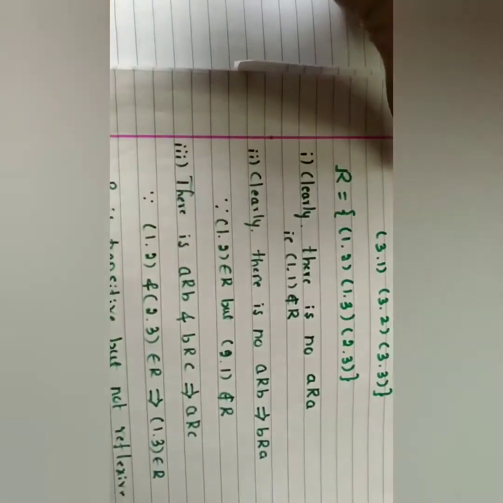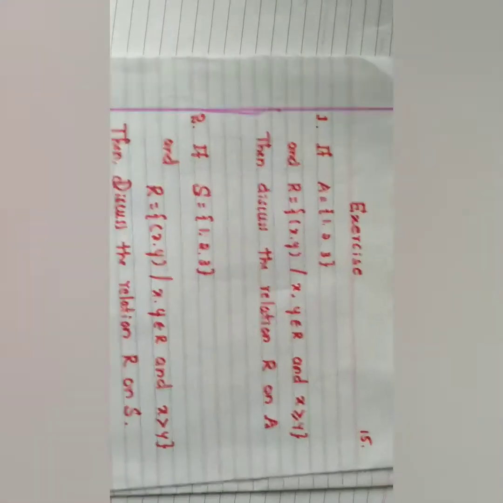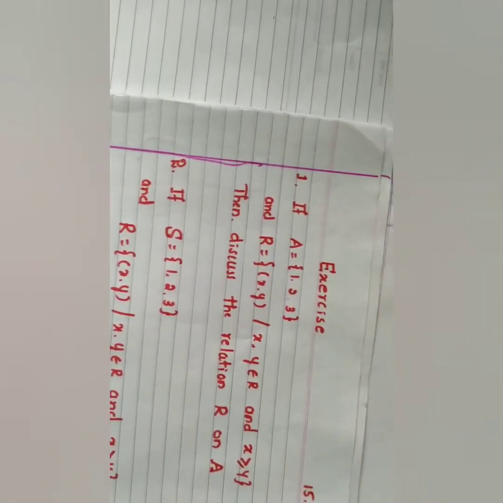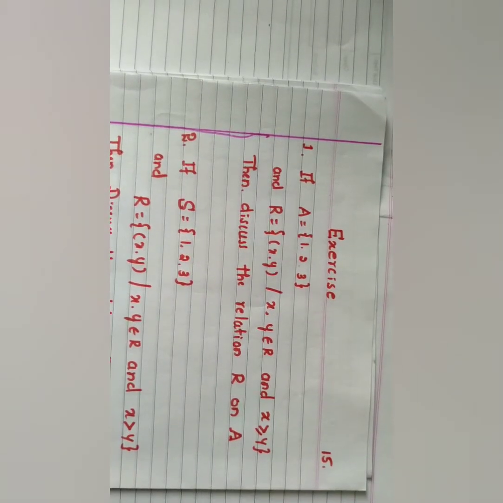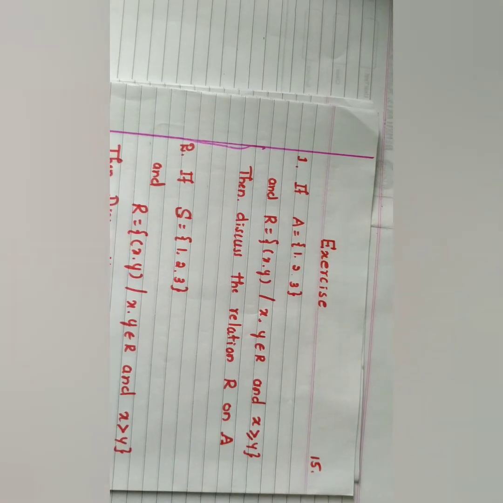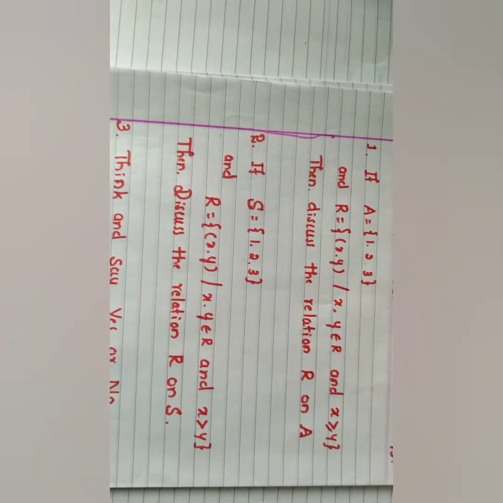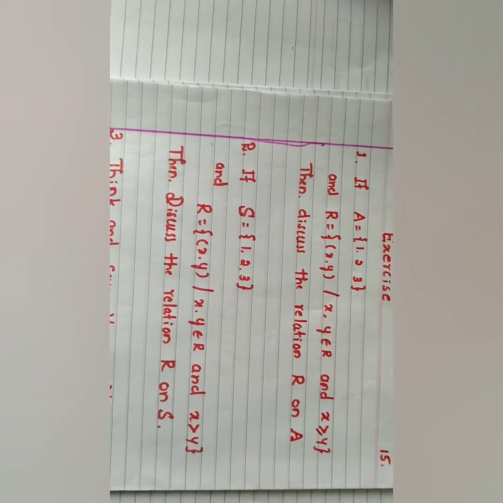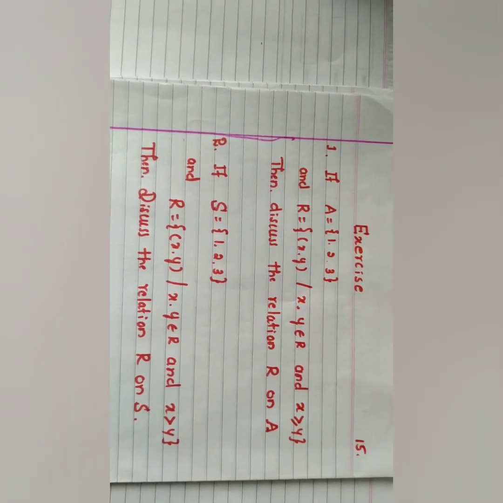So, students, you can go further with some exercise examples on this relation. Simply, I derived the example on x less than or equal to y and x less than y. So, you can work out the examples on greater than or equal to y and greater than y. Exercise example 1: x is greater than or equal to y, and the set is the same as given, {1, 2, 3}. In the second example, S is given as {1, 2, 3} and the relation R is constructed as a pair (x,y), where x and y are real numbers, x greater than y.